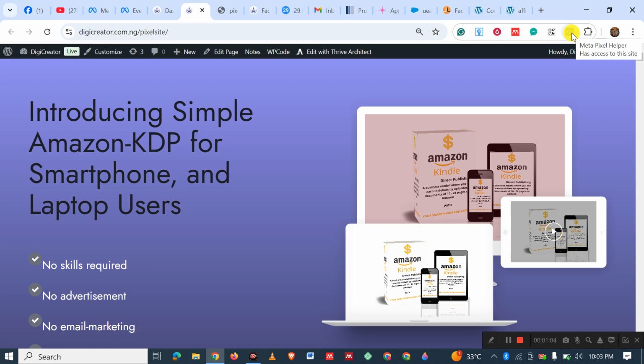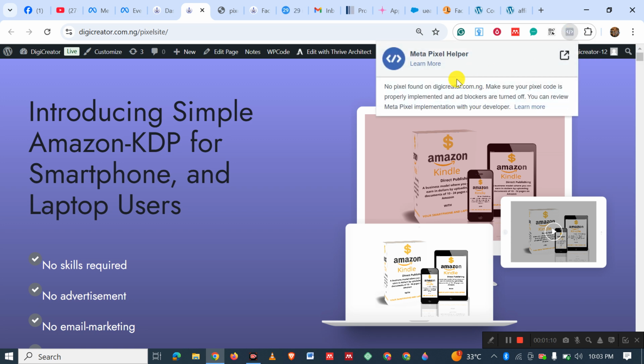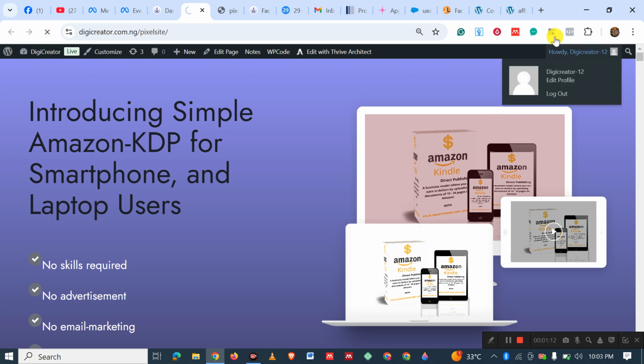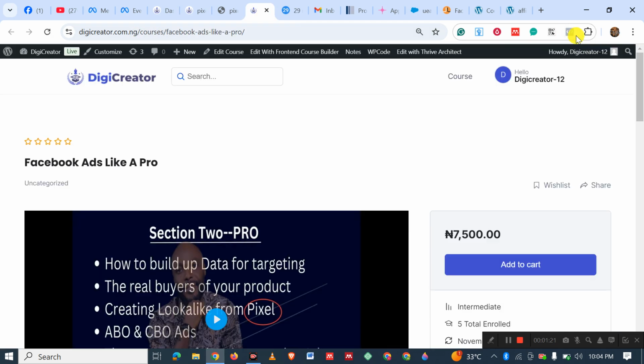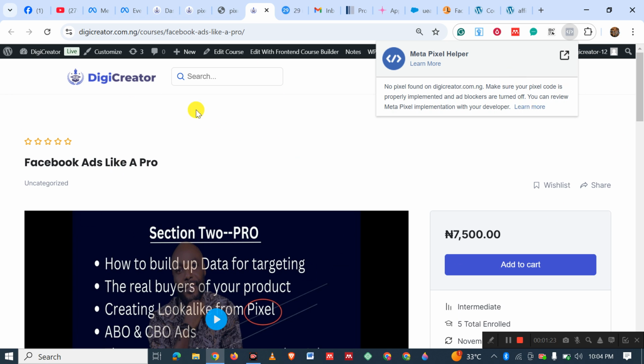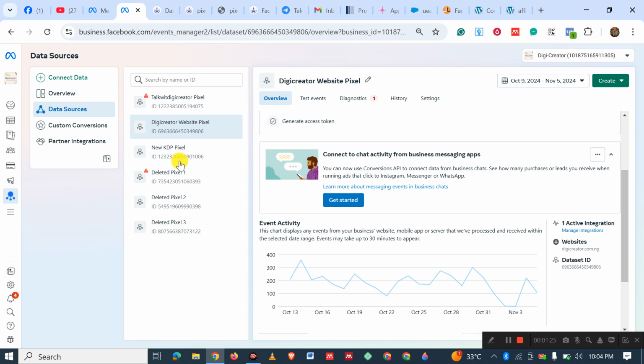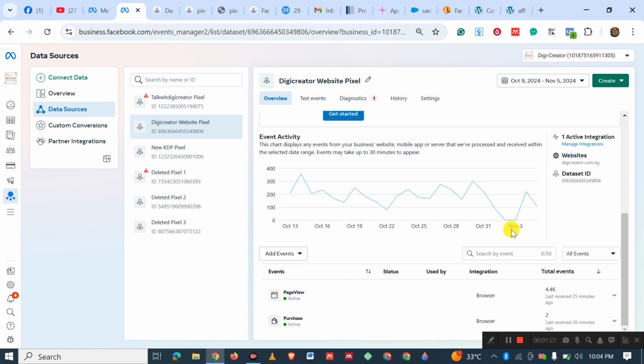In this second method, I'm going to show you how to also install Pixel. I've removed the Pixel for you to see that we don't have any Pixel here now, so that I can show you the second method. So let me refresh this. As you can see, there's no Pixel here. Now in this web page, as you can see here, there's no Pixel. All these web pages, there's no Pixel. So I want to also show us something. Now, in the first